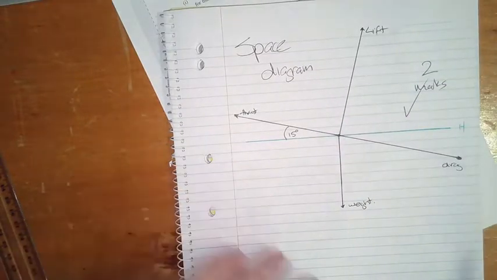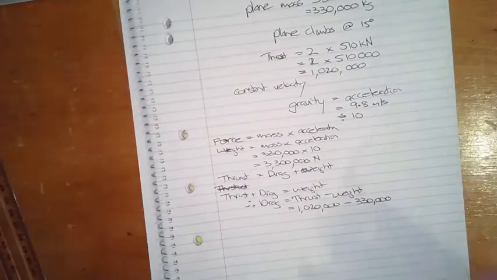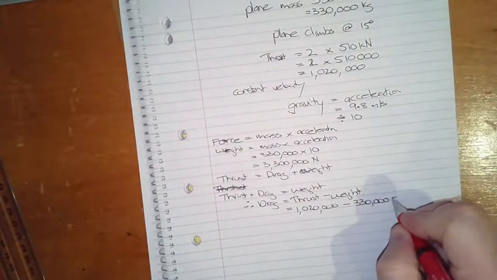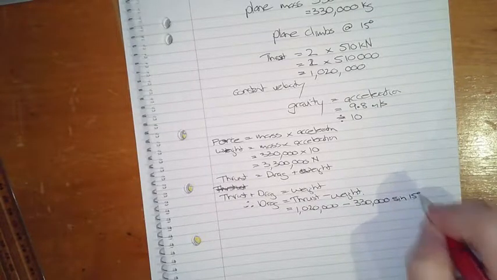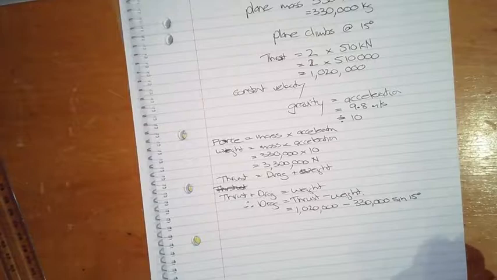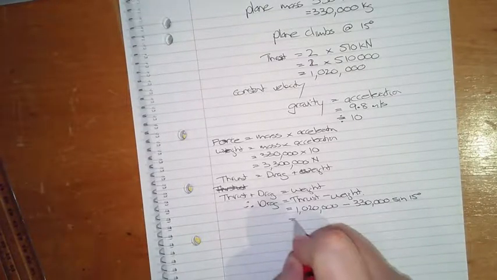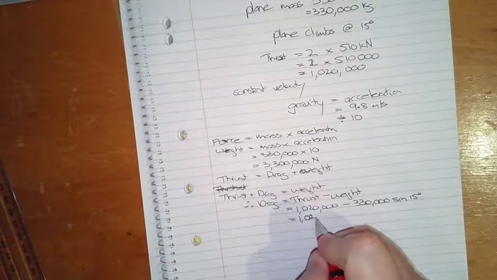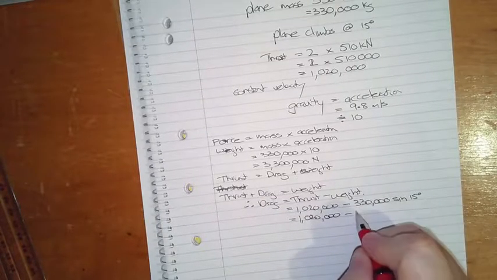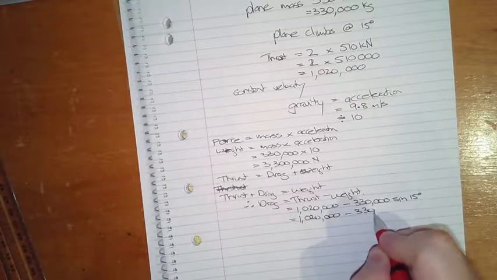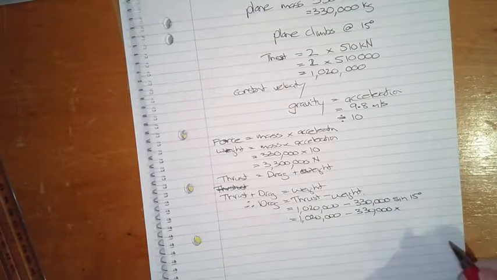So we now need to bring in the sine rule to calculate that triangle. So here it's sine the angle, which is 15 degrees. So this now equals 1,020,000 minus 330,000 by